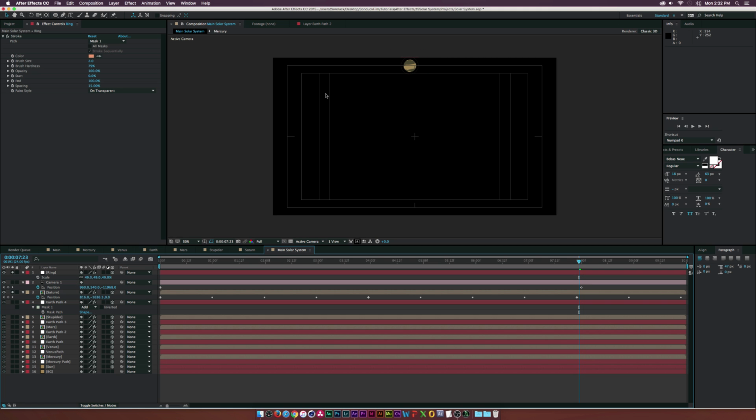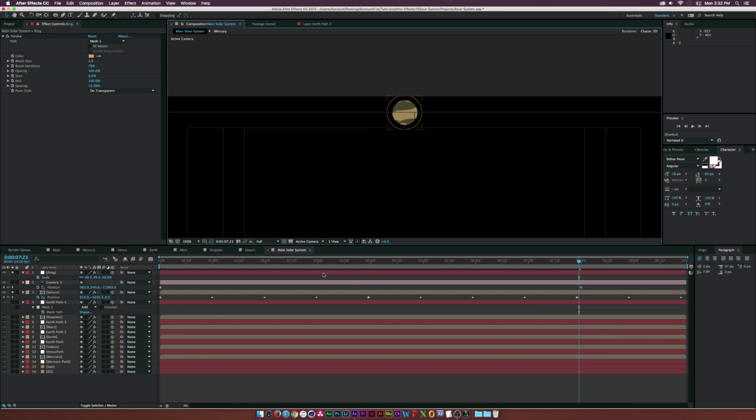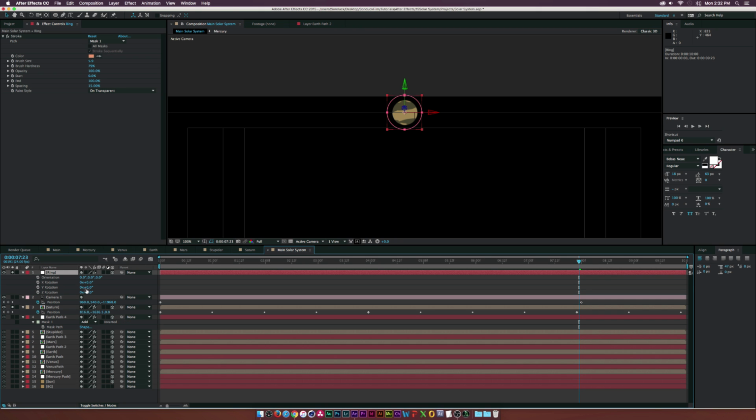So now our ring, maybe we'll go ahead and make the brush size a little bit bigger so we can see the ring of Saturn. So it's kind of like that. And then basically, for a ring, hit R on our keyboard for rotation. And we can kind of like maybe rotate the X rotation by a little bit, maybe even the Y if we want. So then what we need to do is go back to the beginning, and for our Saturn path,